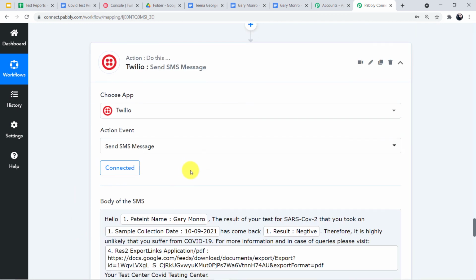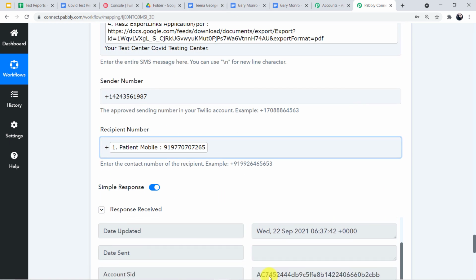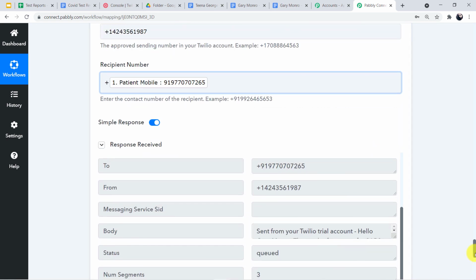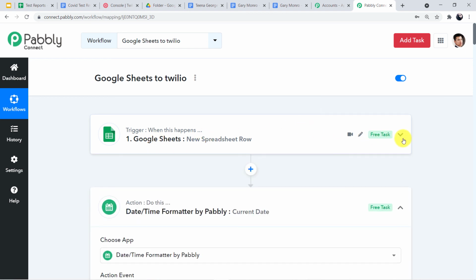And in the last step, we integrated our Twilio account with Pabbly Connect and provided the body of the SMS. And we saw all the data was mapped completely fine. And here you can see the workflow was created. So isn't it wonderful that just with the help of Pabbly Connect, we integrated these very different software applications. So here the data flow is fine.